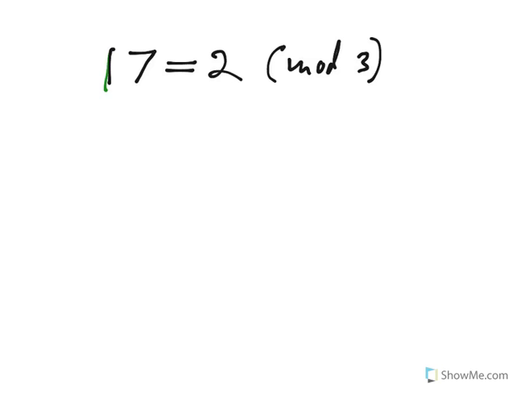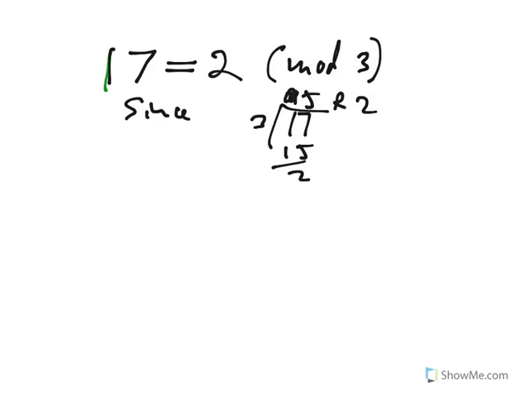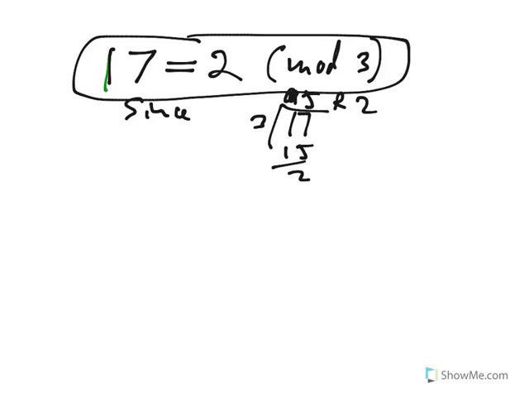If you ever see this expression, 17 equals 2 mod 3, this is a fancy way of saying that since 17 divided by 3 is 5 remainder 2,